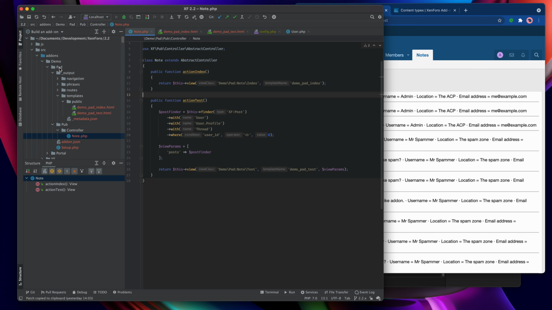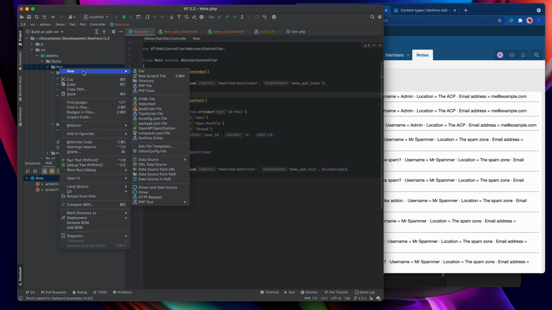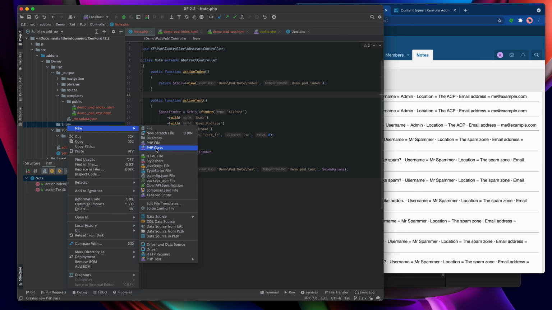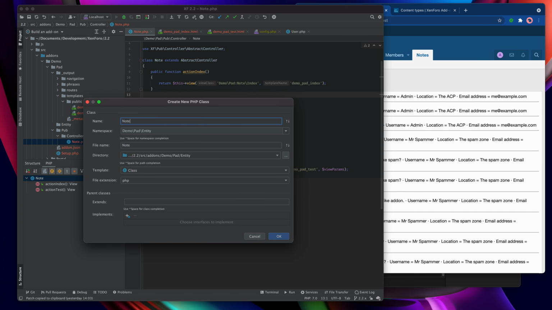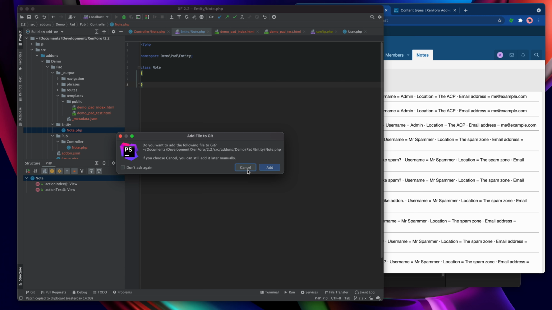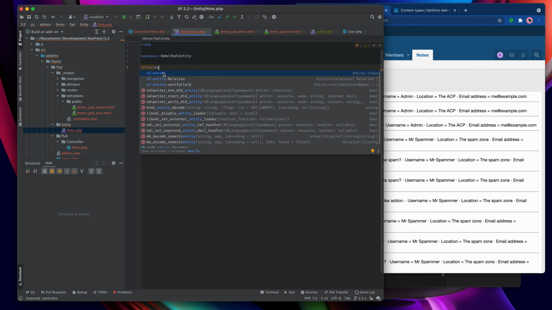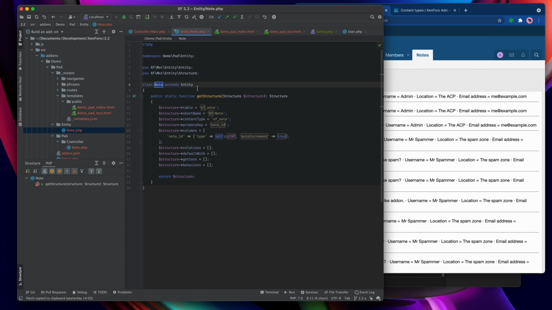It's a pad entity. So let's go into here and create a new directory called entities or entity, because that's the type of class we're creating, and then we'll have a new PHP class in there called note. And you'll see that this time it's created the namespace declaration for me automatically, which is great. I've actually got a shortcut here to create a sort of skeleton entity class, so I'm going to use that. And it just looks like this. There it is. I'll pull that in, and now I can just tab through.